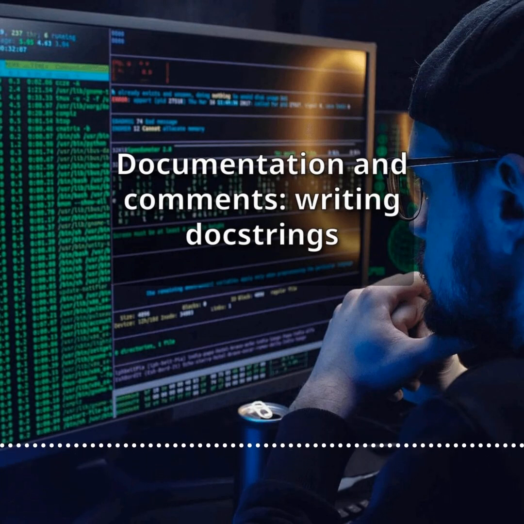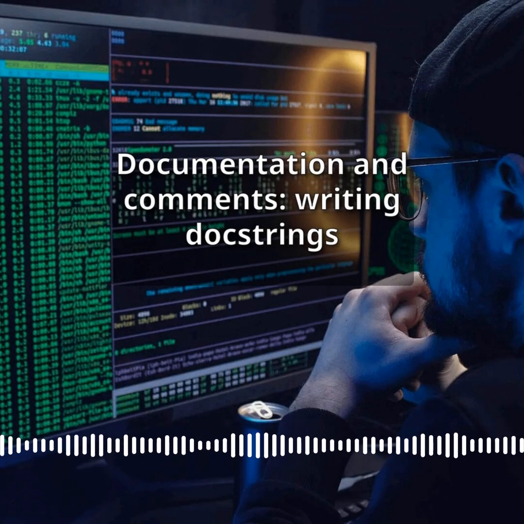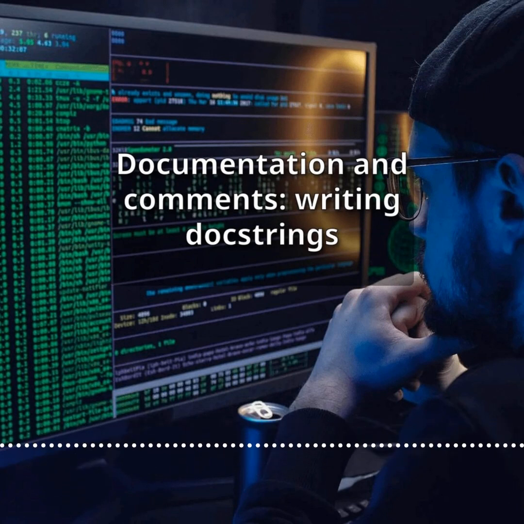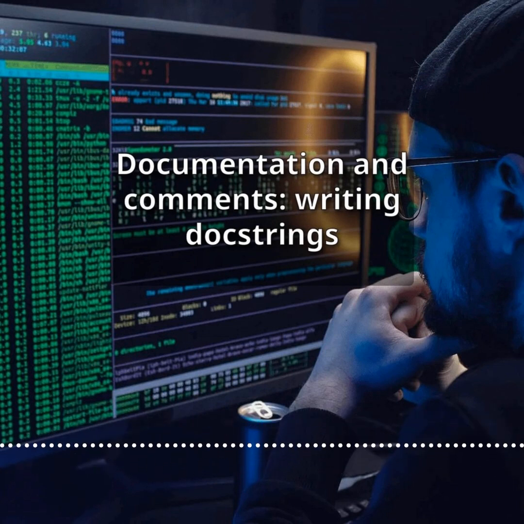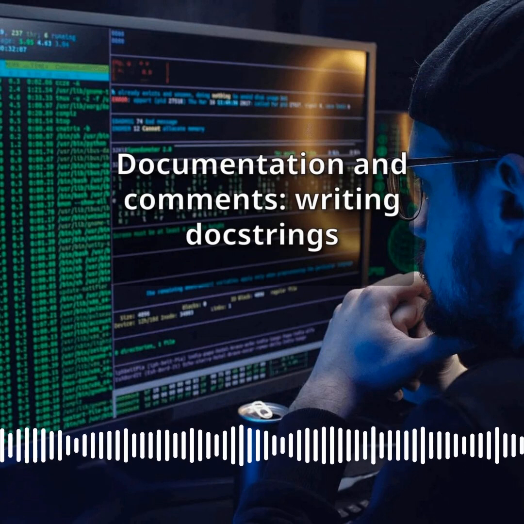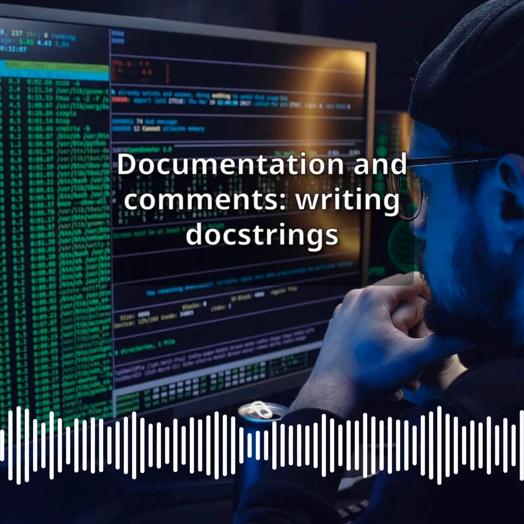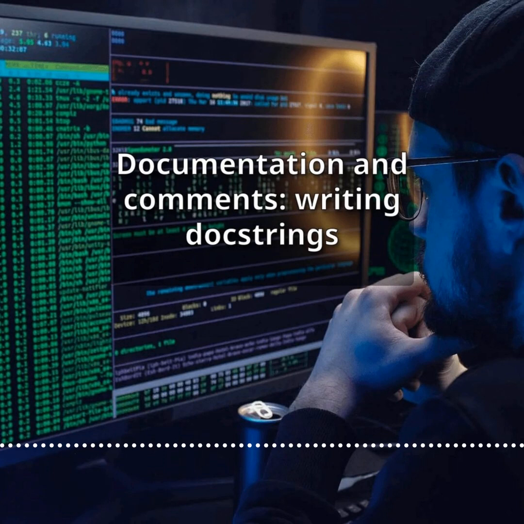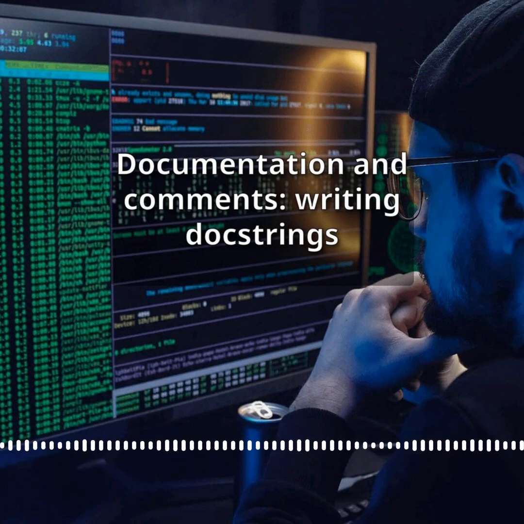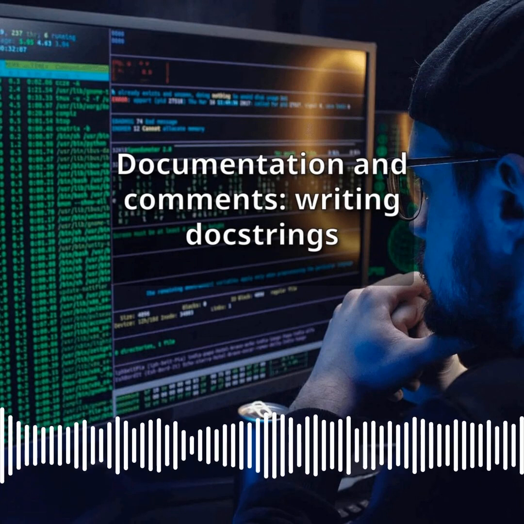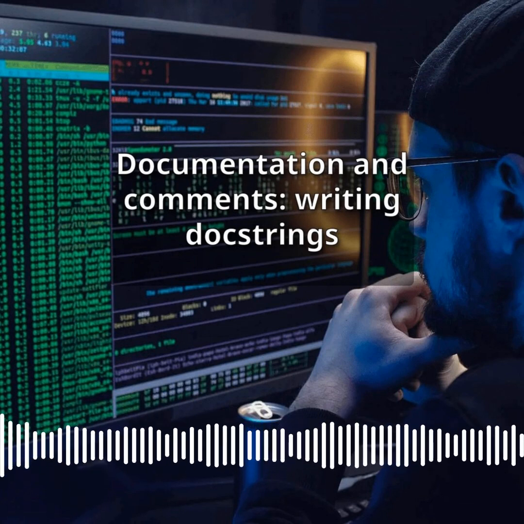def load_log_file(path): Load the content of a log file and return its lines. Parameters: file_path (str): the absolute or relative path to the log file. Returns: list: a list of strings, each representing one line of the file. Raises: FileNotFoundError: if the file does not exist at the given path. The Sphinx style format uses special markup tags like param, type, returns, and raises, and is designed to be parsed